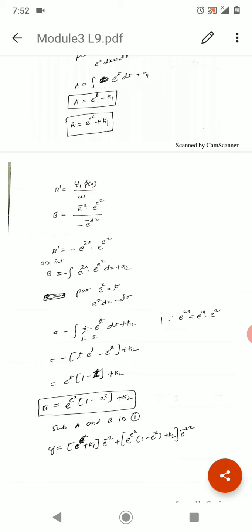On integration we obtain b is equal to minus of integration e power 2x into e power x dx plus k2. Now again by taking e power x is equal to t and differentiating we obtain e power x into dx is equal to dt. Therefore the above equation becomes minus integration of